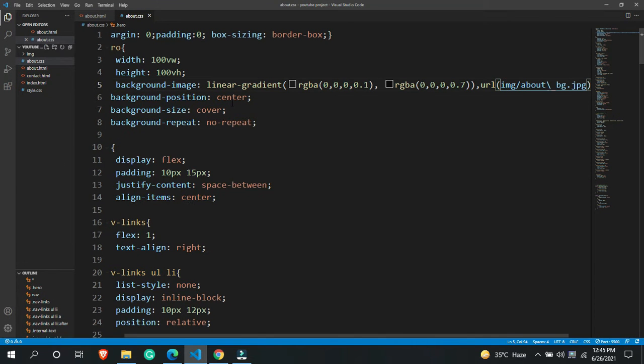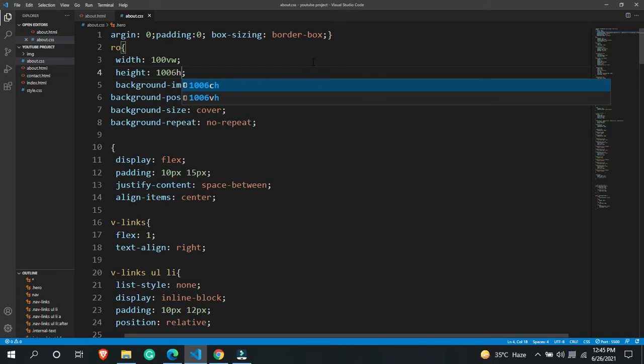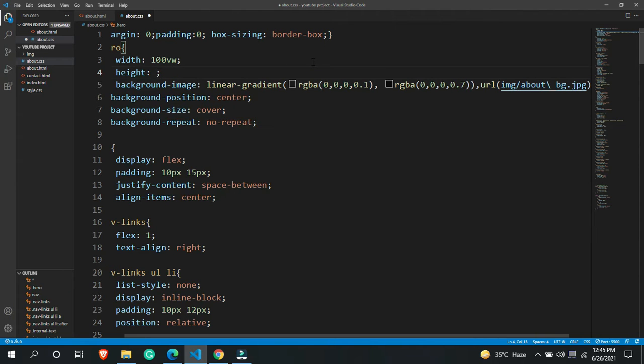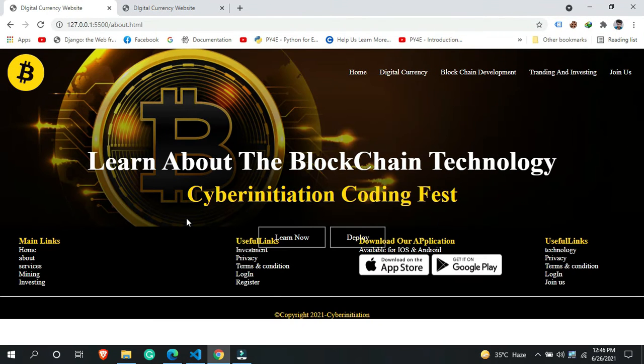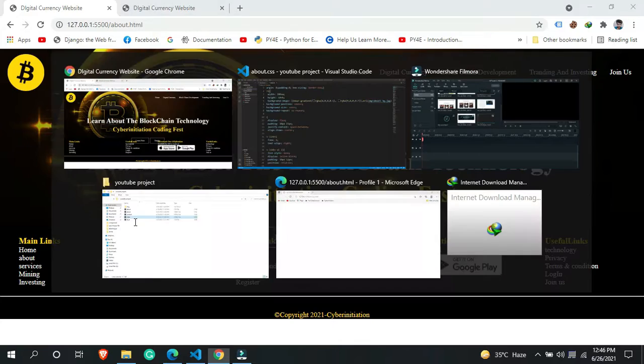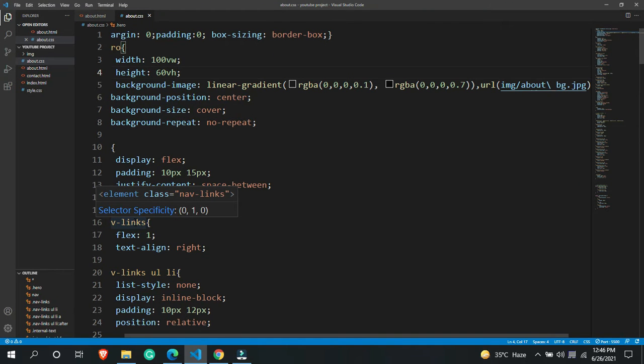Then I'm going to change the height, that is going to be 60vh. I'm going to use 60vh height, and that's it. Let me see what will happen after adding all of these things. Okay, so we are getting all of these things over here.